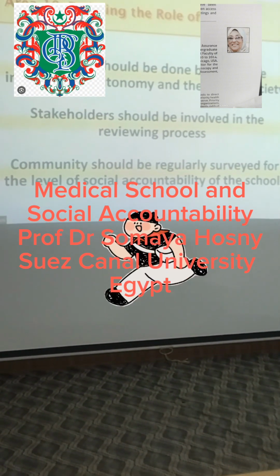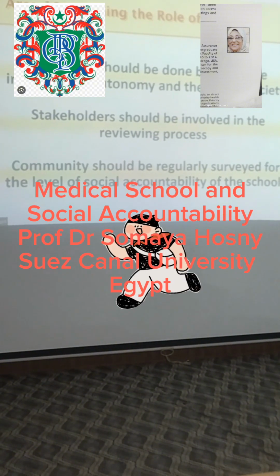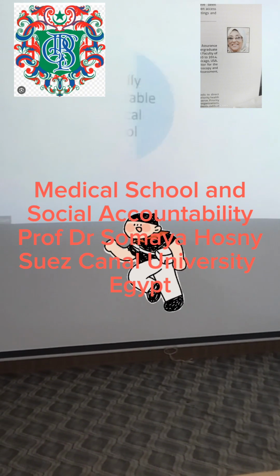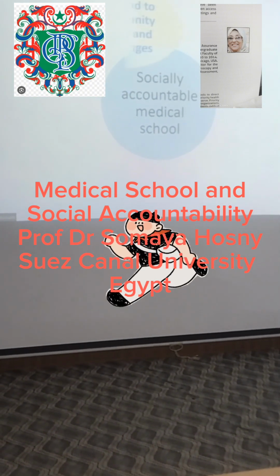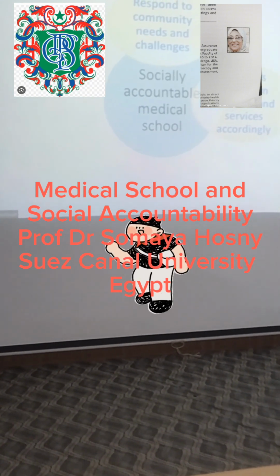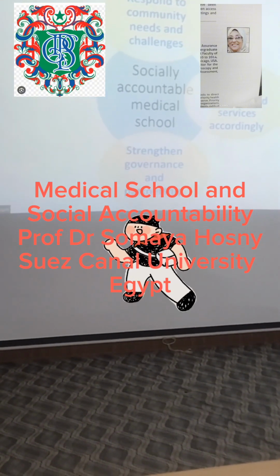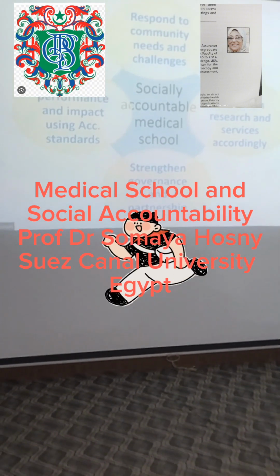To see your impact as a school, you have to have a geographical area to measure your impact in. And so finally, the socially accountable medical school should respond to the community needs and challenges, should direct its education, research, and services accordingly, should strengthen governance and partnership, and assess its performance and